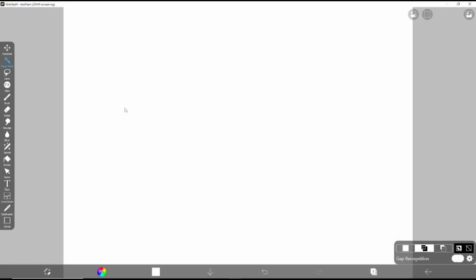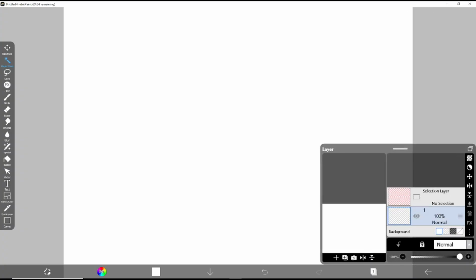Hello everyone, today we are going to learn a basic Ibis Paint X tutorial: how to make a glow effect. So for example, I will create a new layer